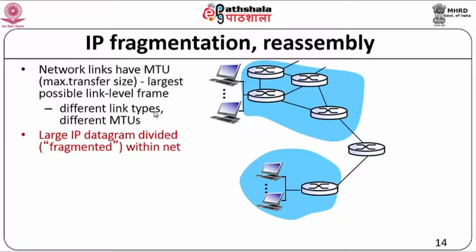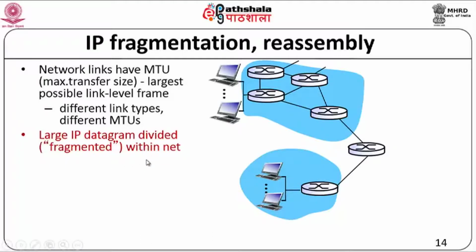Now, that is taken care of by IP, and that is part of its best effort delivery service. What IP says is, I will do my best to deliver the packet. So, even though there are links of different capacity, IP says yes, this is a larger datagram, but I will try to break it down into smaller parts, and I will also reassemble it and give it to you when I have to give it to the destination. In order to do this fragmentation, it needs to have some fields which allow it to identify the fragments and which also allow it to put them back together. That is why it has some special fields for doing fragmentation.